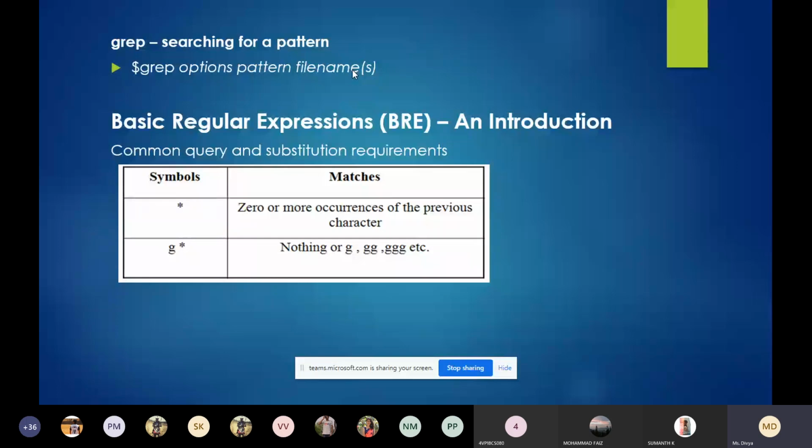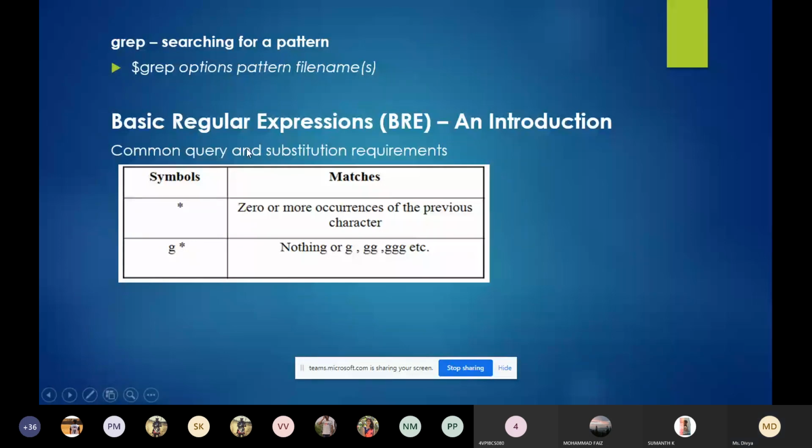So you can write grep VCT 1.txt. The grep command will search the 1.txt file for the pattern VCT and display the lines containing the pattern.